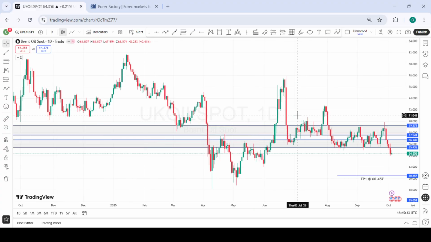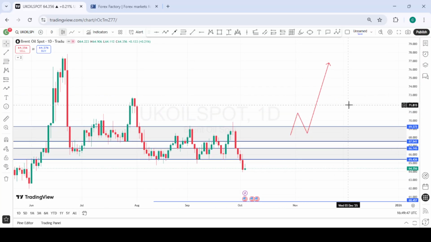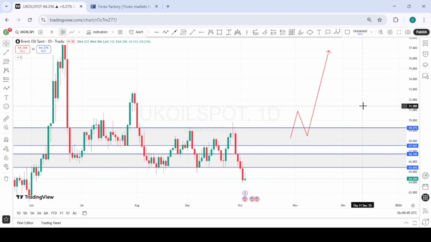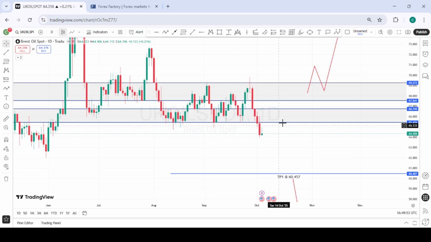We have here UK oil, or Brent crude oil. We're expecting this sell move, we've been expecting it for a very long time. So last week price gave us a nice rejection and this strong bearish engulfing candle, which was a nice confirmation for ourselves. If we had had any pullback to this zone, a possible right shoulder, or any lower high around here,